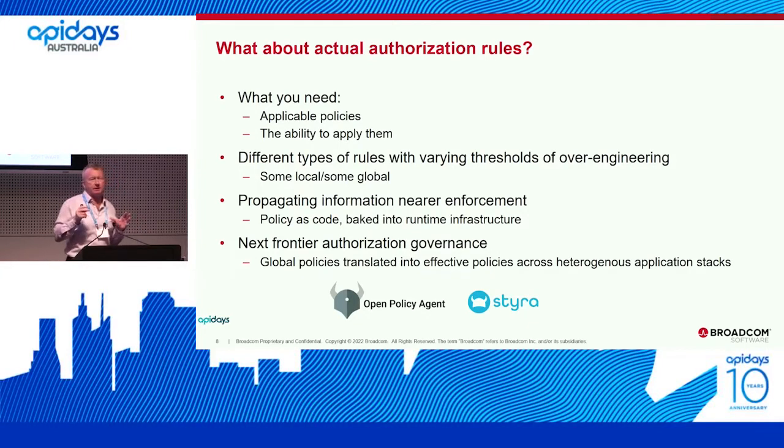The first thing is you need a format for that. Every ingress or enforcement point seems to have its own format that it uses internally. So you've got to have some standard format for this, and then a way to ship that out and have it ingested and applied at that enforcement point. You need to be thinking about those different levels of scope. You may have some global policies that can be shipped up by a distributed service, and you may have some policies that have a local scope and need to be applied at the enforcement point. And you need to combine the two of those.